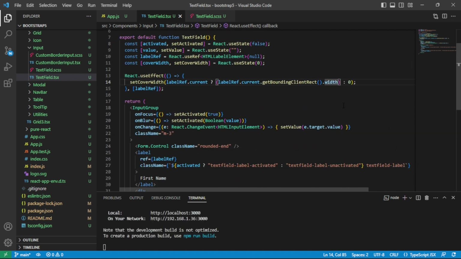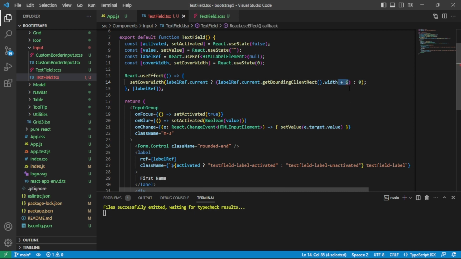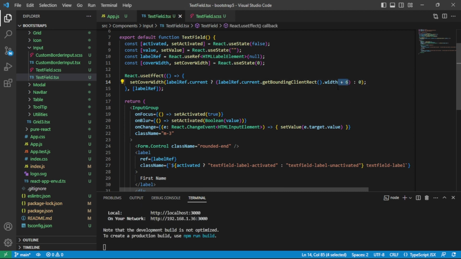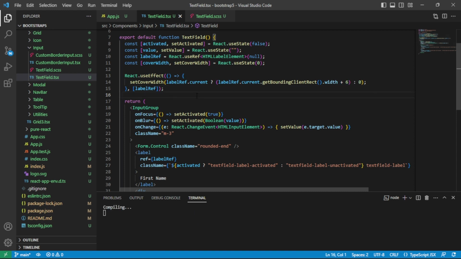So one thing I'm going to do here, and this isn't the greatest, I guess, but I'm going to just add a value of 6 to give it a little bit extra width beyond our label. So that'll take into account, it'll just make it look nicer. It's basically 3 extra pixels on each side. There may be a more dynamic way to do that, but I would think that I would want that area fixed. So anyway, and we should have all the things in place now